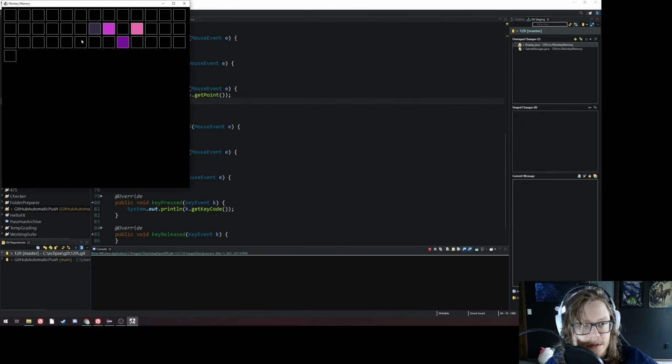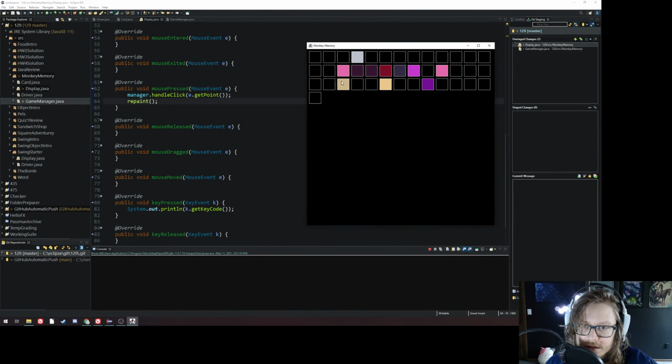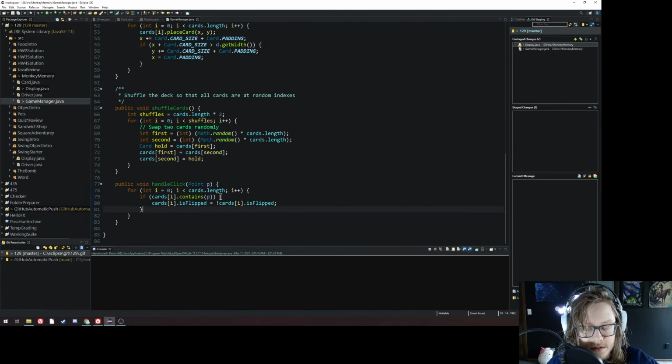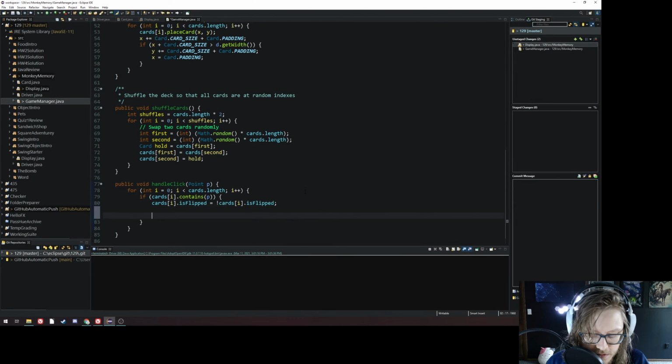There we go. Okay, so that's part of the functionality of the monkey memory game, but we're missing the part where they only get to be revealed in pairs. They stay revealed if you've revealed two of the same color, and they unreveal if you didn't. So there's a few tasks to complete there, and I should probably describe those in comments so that I can